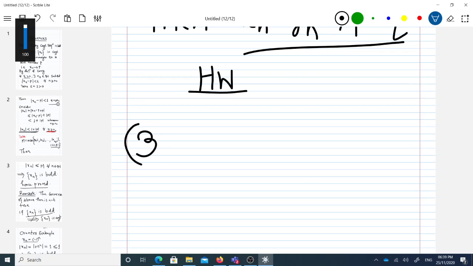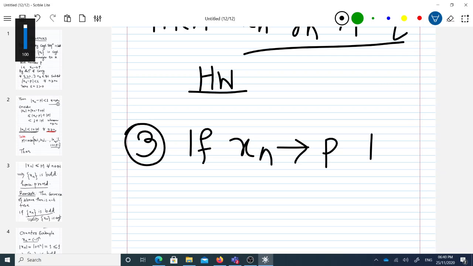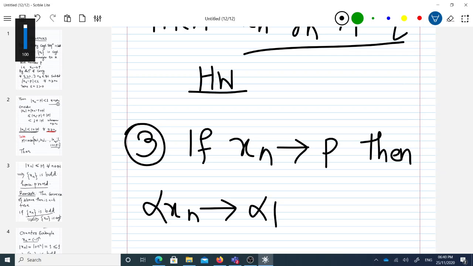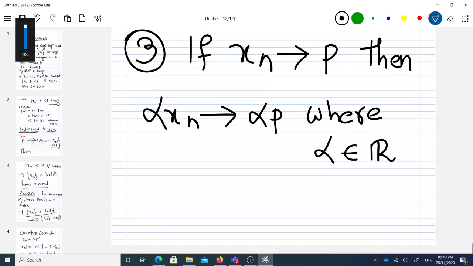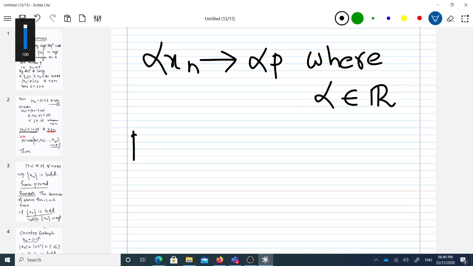Property number 3. If xn converges to p, then alpha times xn converges to alpha times p, where alpha belongs to R. So if you multiply a scalar times a sequence, then it will converge to the scalar times that limit only. So, proof: